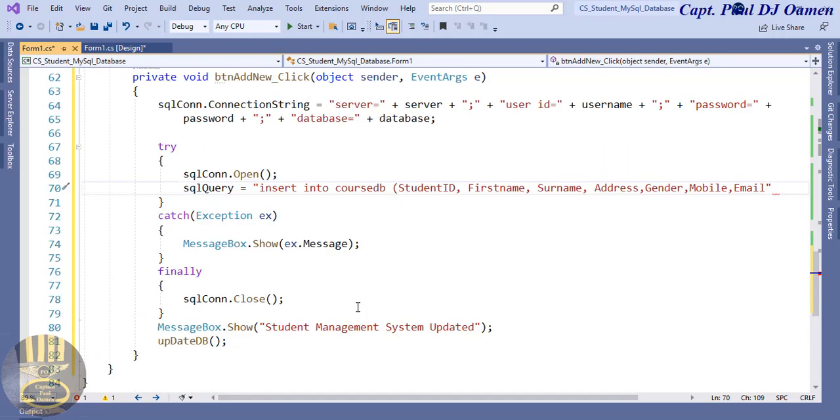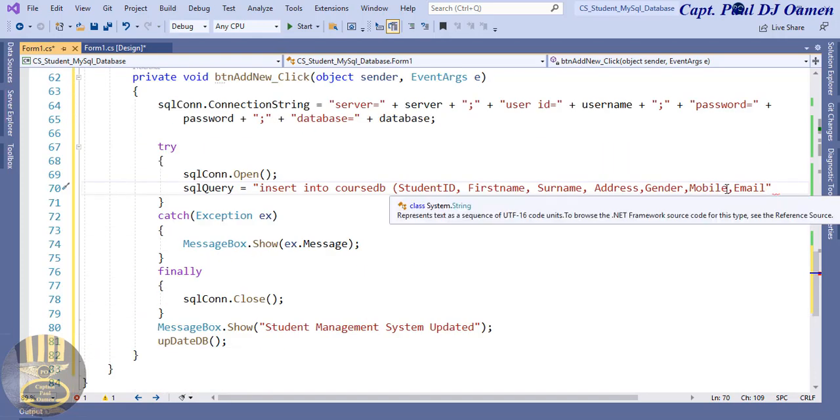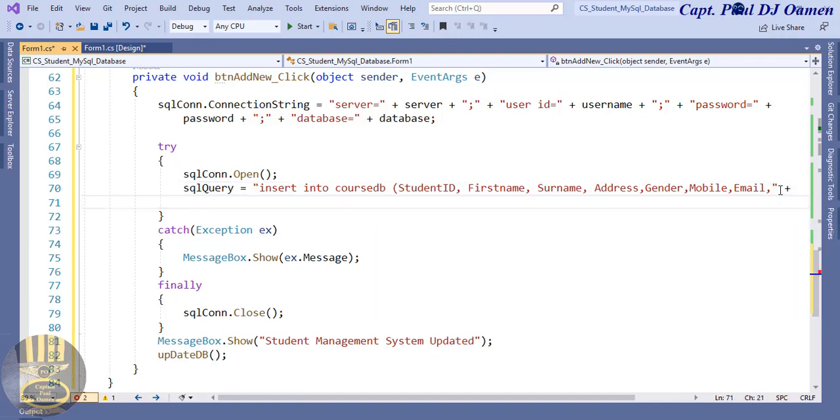Let's move this up so that you guys can see it. We have email, up to email now. So I'm going to comma and just press plus, go to next line,